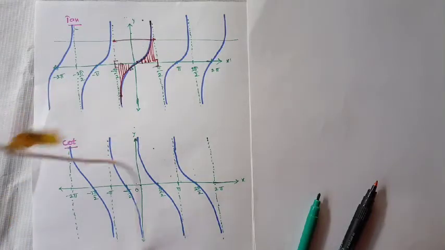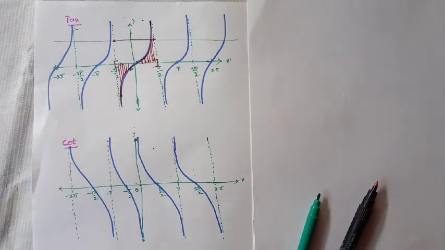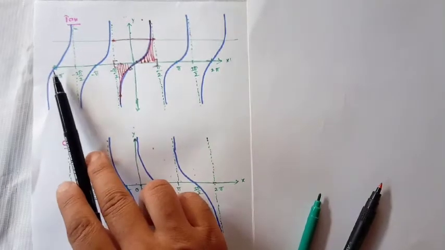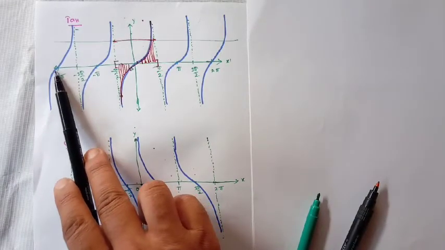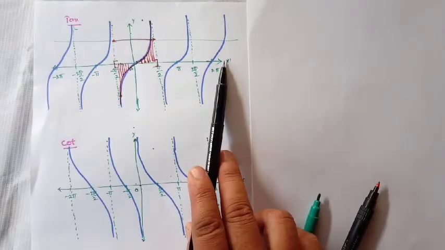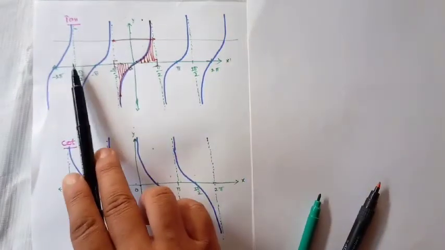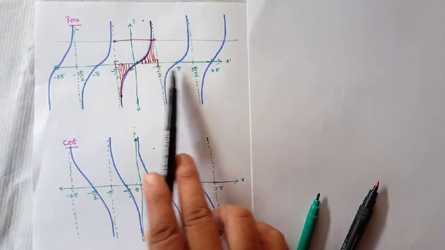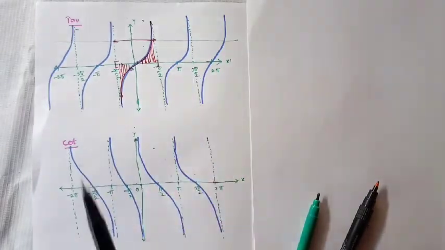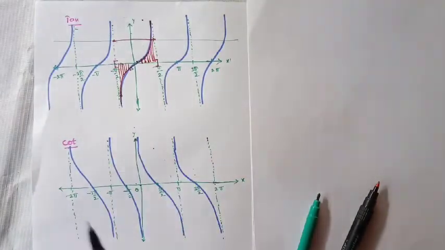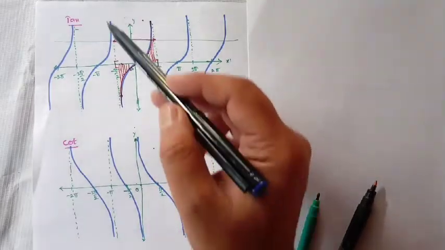Okay. Coming to the next function, tan. This is the general tan function. The domain is going to be minus infinity to plus infinity, excepting odd multiples of 90. So in these places tan is not defined, and this is a general graph, and the range is going to be the total real number system.